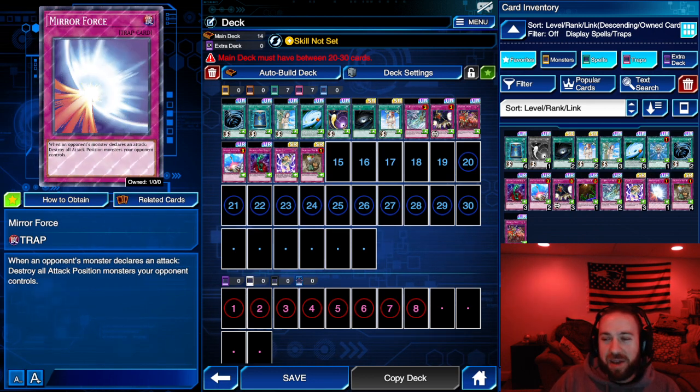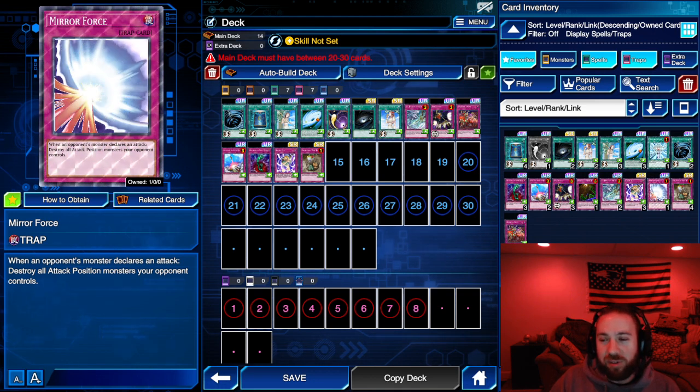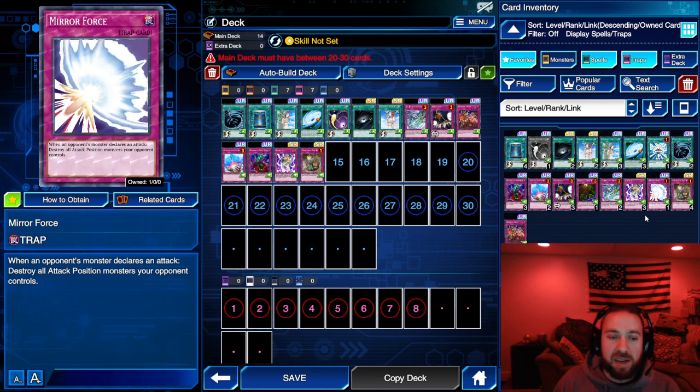Mirror Force, not the highest priority either, but if you're not using the limited one list, I think it's something you can consider putting in your deck. When your opponent declares an attack, it destroys all face-up attack position monsters your opponent controls. Very, very powerful in the right situation, and the reason I say that is because in today's meta, it would be considered slow, meaning you have to wait until a certain trigger to activate the card, and that trigger